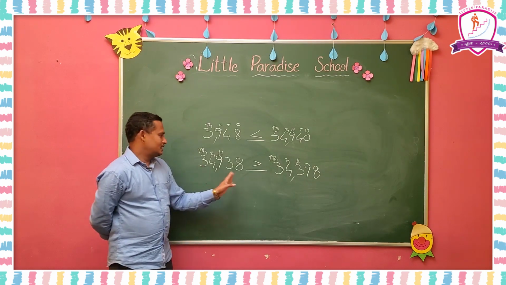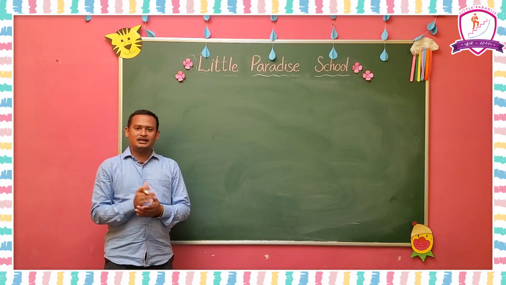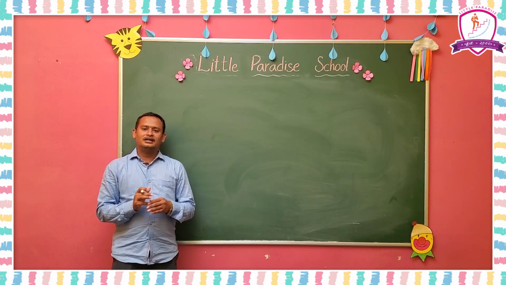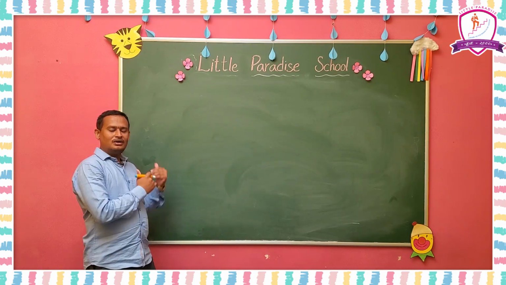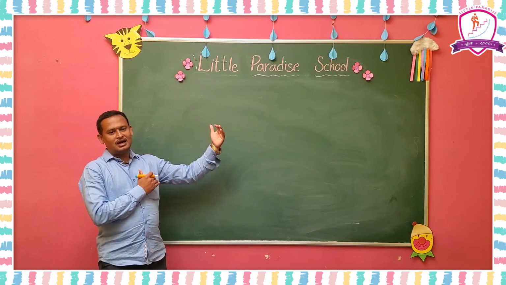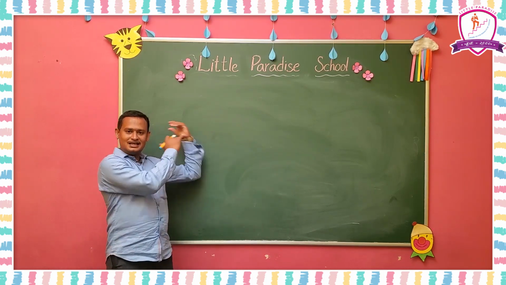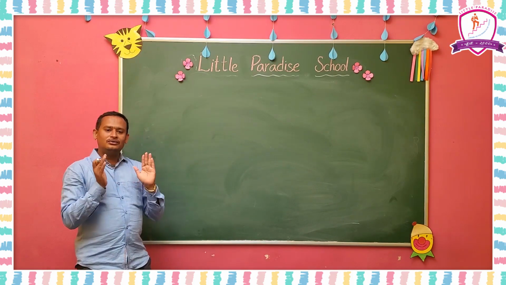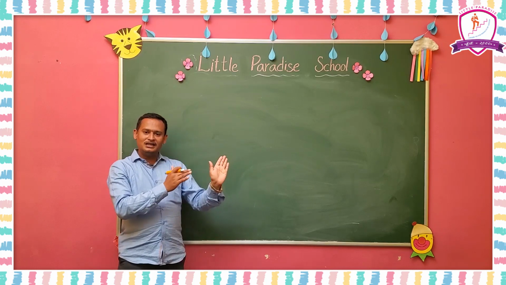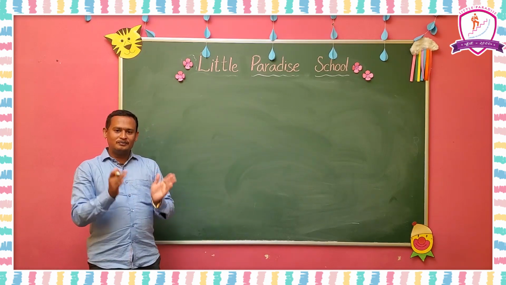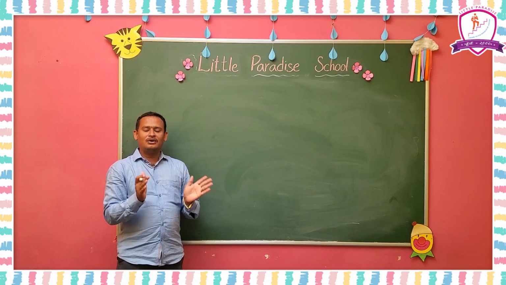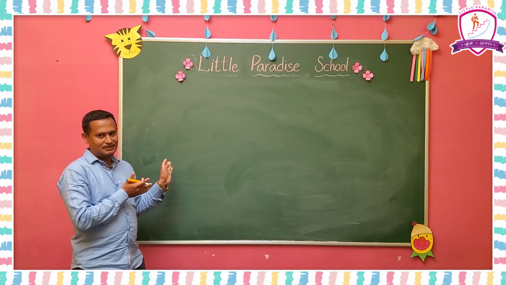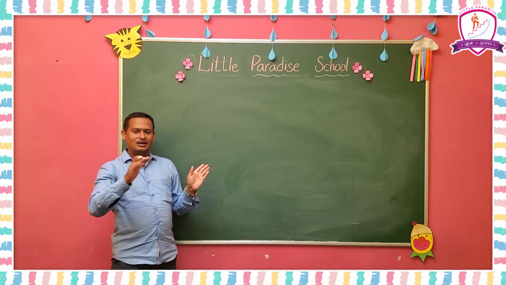Okay. Next, after comparing numbers, we are going to discuss ordering numbers. Ordering the numbers means either we have to keep the given numbers in ascending order, meaning small to big, or we have to arrange in descending order, meaning big to small. When you arrange the given numbers in ascending order, what do we have to do first? We have to pick up the smallest number among the given numbers, like comparing numbers only. We have to compare the first number to all numbers.